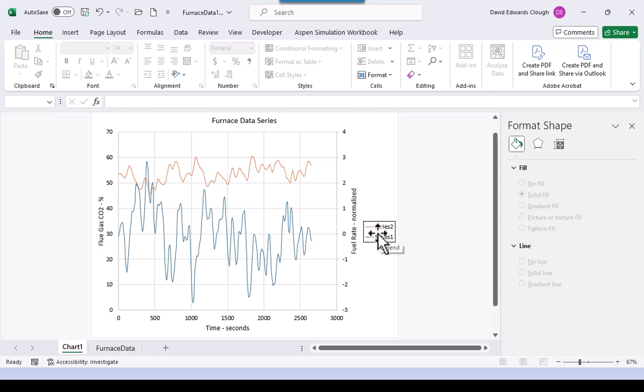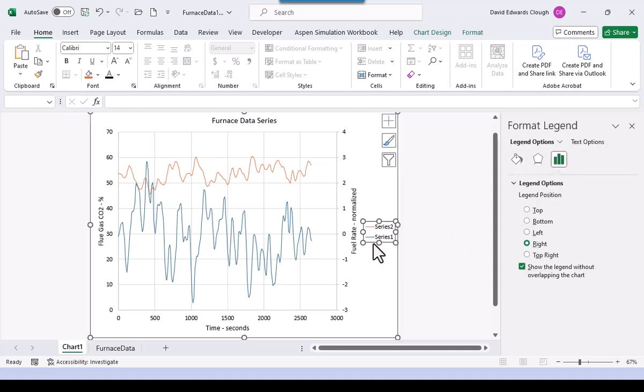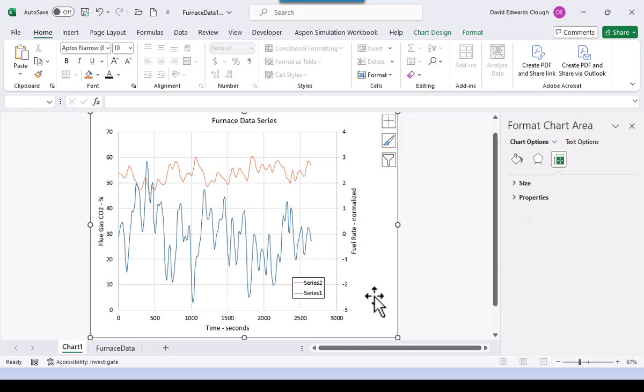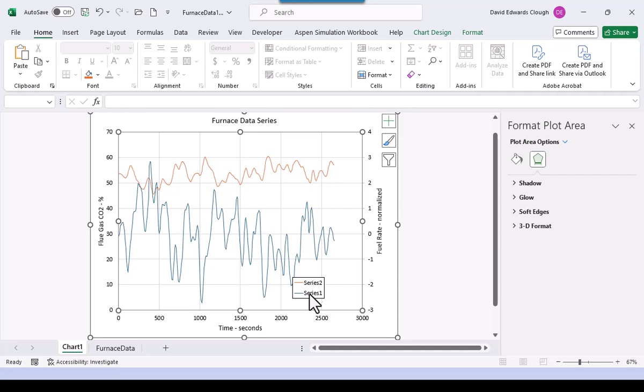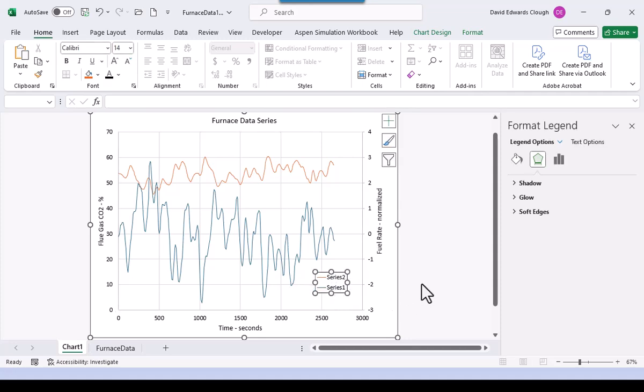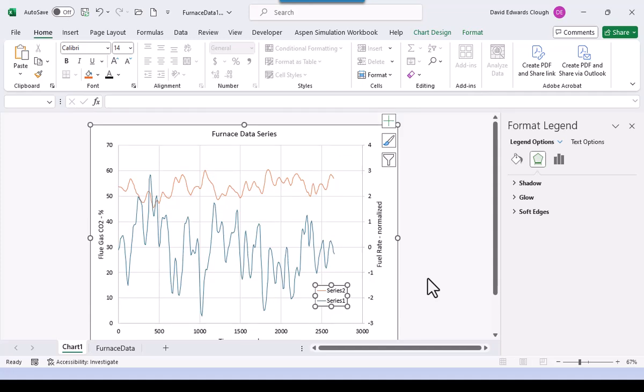And then this particular legend, we can grab it and we can move it somewhere within the plot if we want. If we click in the white space inside the plot, we can stretch this a bit. And again, we can move the legend around until it looks right. But it's not quite what we want yet,